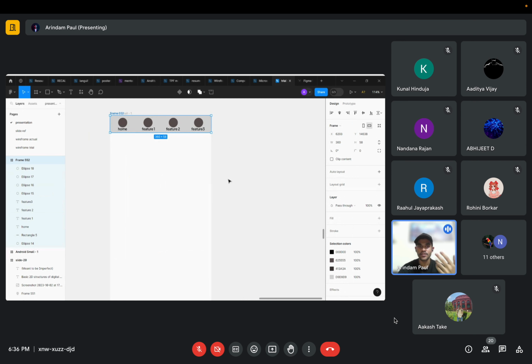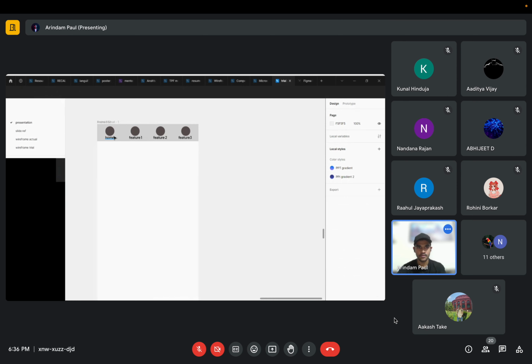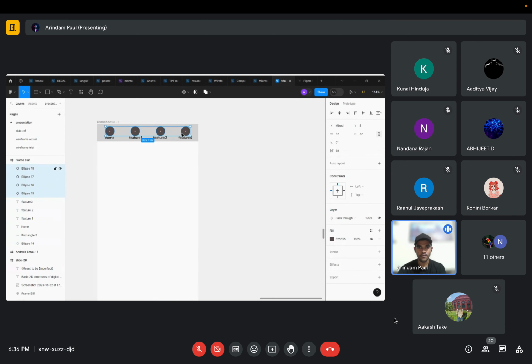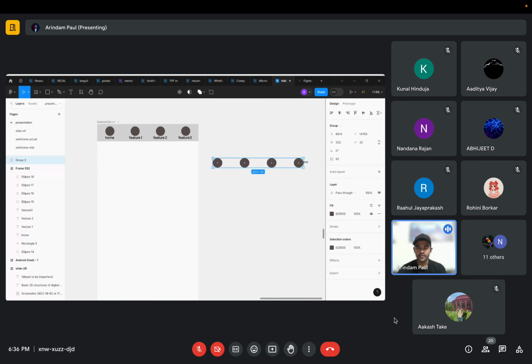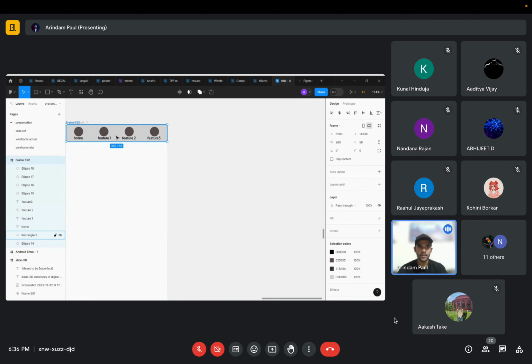Whereas if I do the same in case of a group, it is going to behave very weirdly. So I'll select all of these, duplicate it, Control G for group. You see the difference, right? If I try to elongate this now, even the touch points are changing. The distance between them is changing. Their properties are changing. They are scaling up laterally. So I don't want all of this to happen. So in case I want this to be placed on a web application,